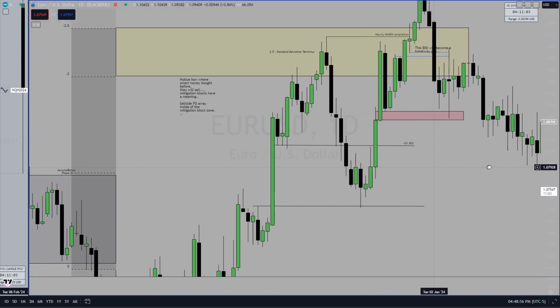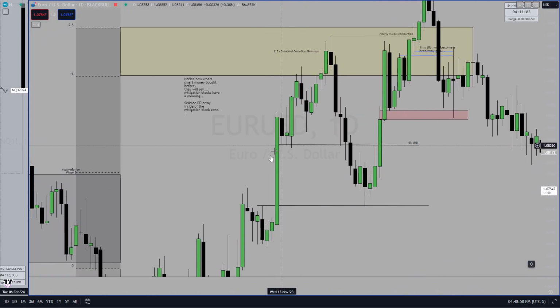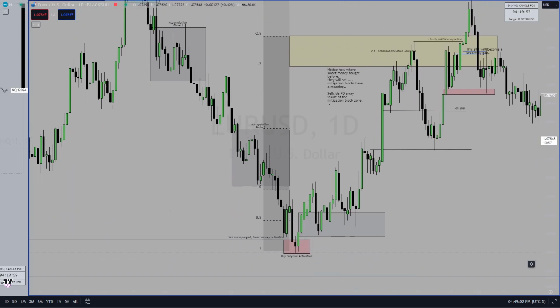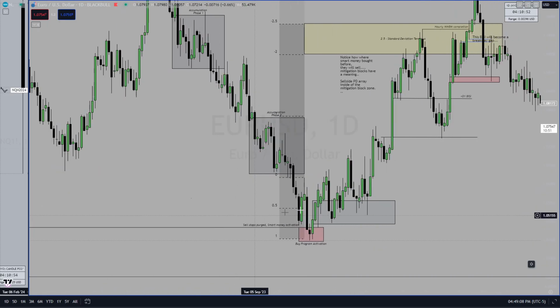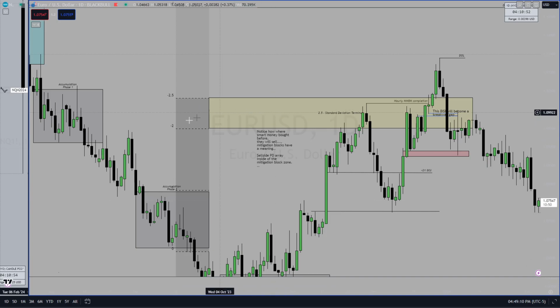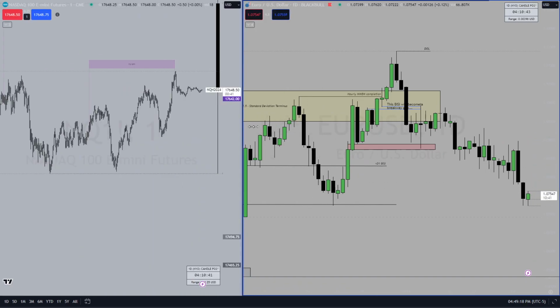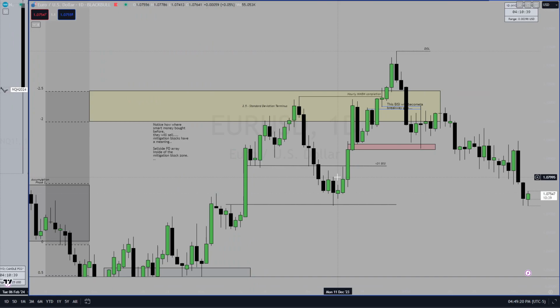Here, let me just do this. What do we have here? Daily fair value gap, right? Standard deviation. Whoever was asking me about standard deviation, the manipulation leg that took out ERL, right? We have it here. What is -2? It's a terminus, so we reverse. We come down here. Daily fair value gap. If you remember the daily time frame, goes into a 1 hour